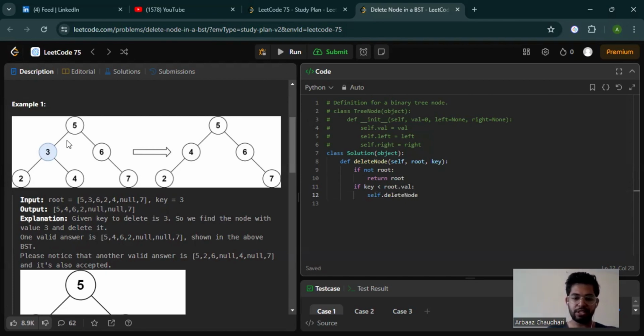We have to call delete node passing root dot, meaning key is less. That means we have to go to root dot left, and pass the same key. Okay, and we will save it in the root dot left. This is we will search that and try to delete if it is present in the left side. We will try to delete. Okay,